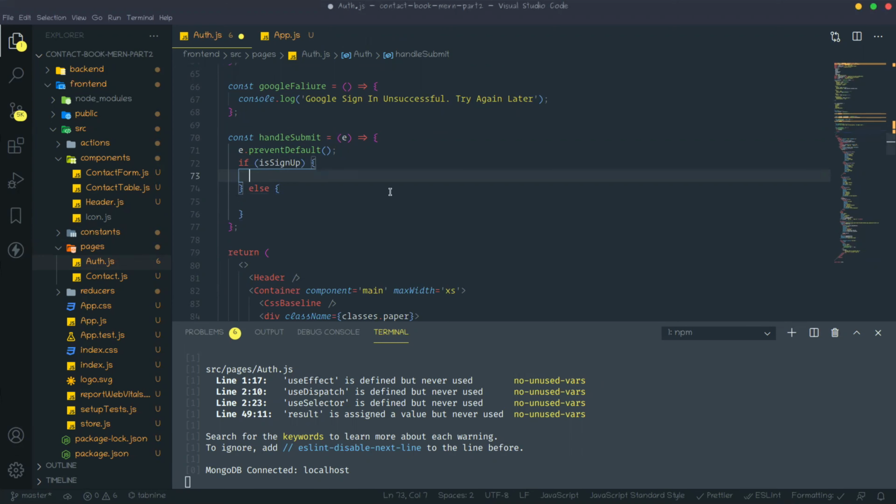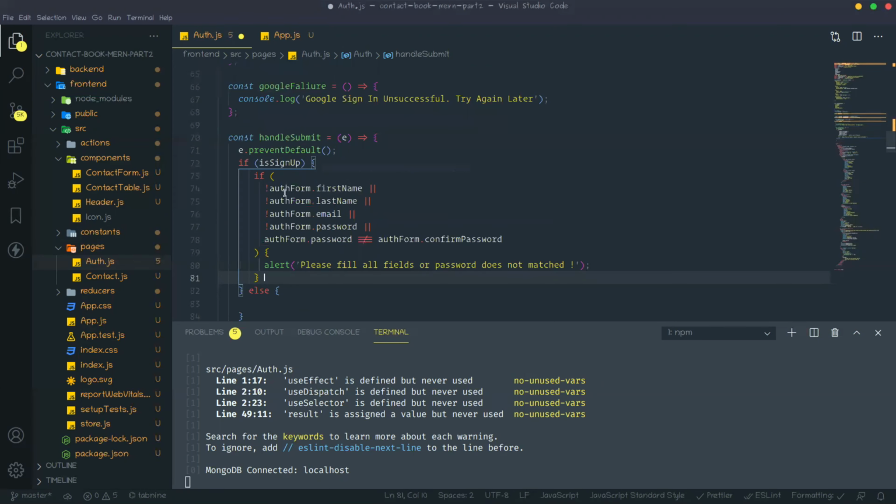Means if authForm first name is not present, if last name is not present, if email, if password, and if password and confirm password do not match, then we need to give one alert, please fill all fields, or password does not match. These two things can happen.